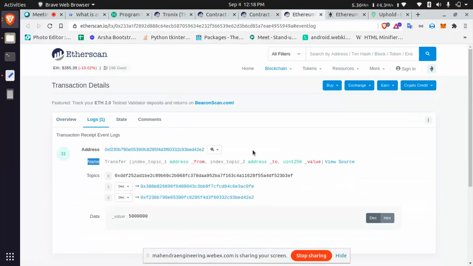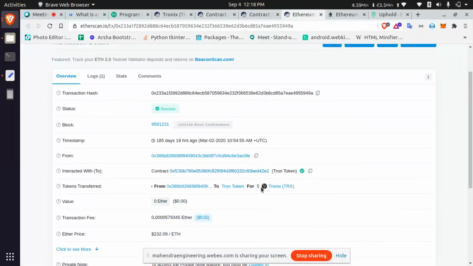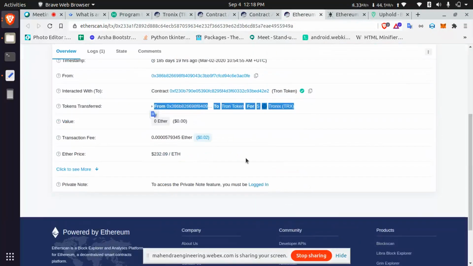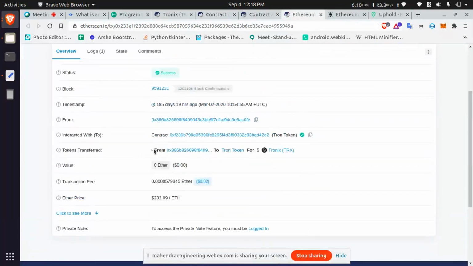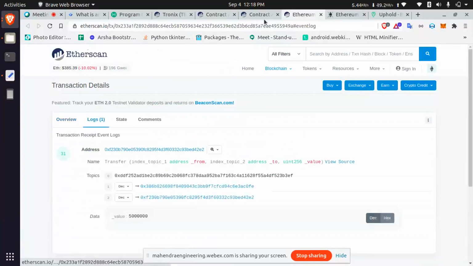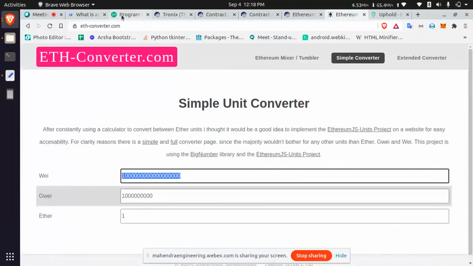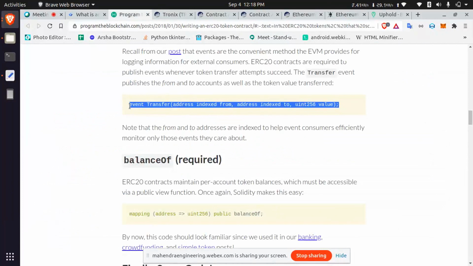Inside the logs, the transfer happened from this account to this account with a quantity of 5 lakhs, I think. He transferred 5, so the decimal is 6, I think. The logs will also be different. This statement will work for printing log events.